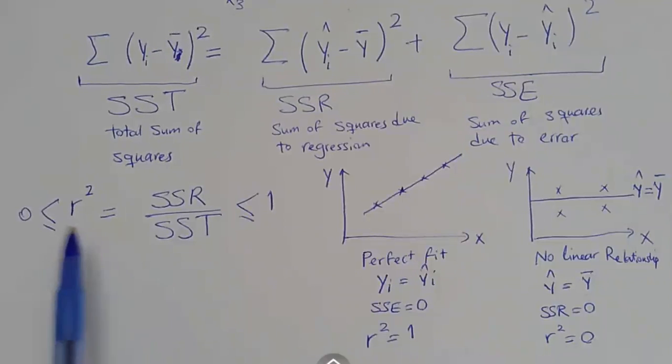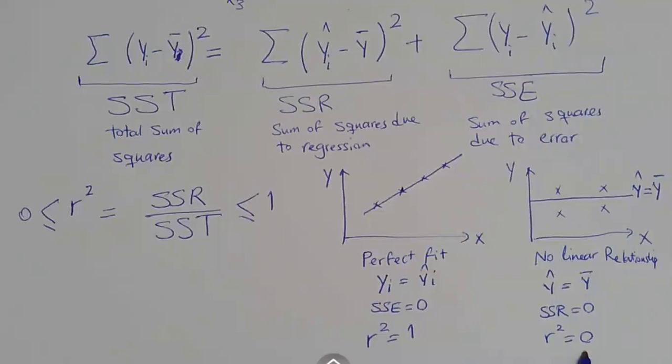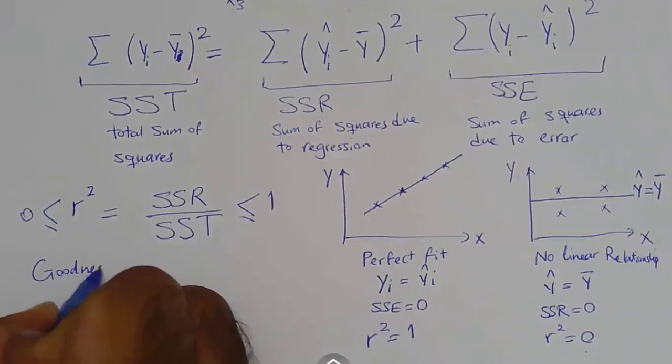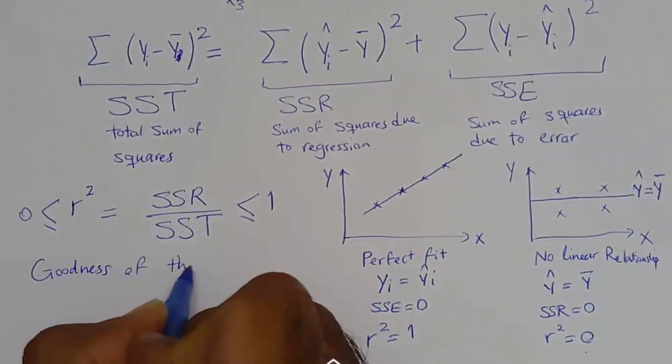Therefore, I use this to interpret the value of R squared. As R squared gets closer to 0, the linear relationship gets weaker and weaker. And as R squared gets closer to 1, the relationship gets stronger and stronger. The strength of the linear relationship gets more powerful as R squared increases. This is how we get the goodness of the fit